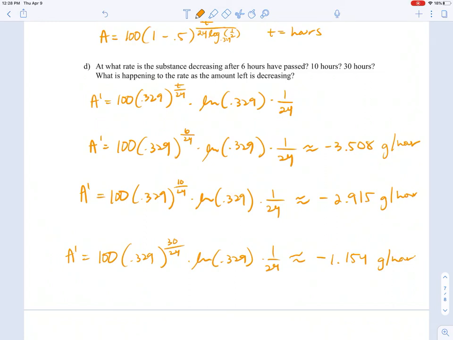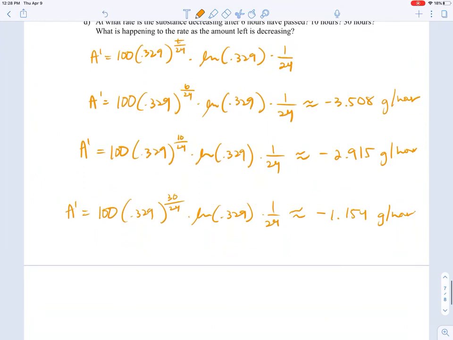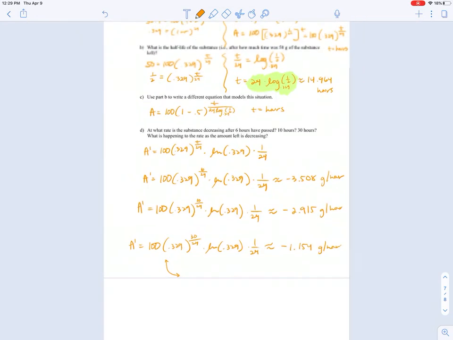So the amount is getting smaller and smaller as time is passing, but with each hour that passes, there's less and less, meaning it seems like the curve is leveling out. And we know that since this equation represents exponential decay, the curve is going to be decreasing kind of like that, and then the curve levels out, the slopes of the tangent lines become